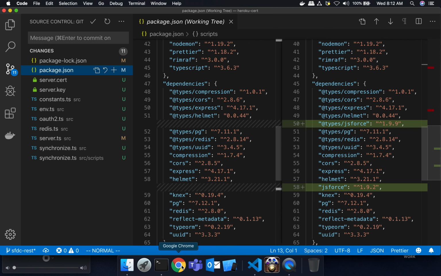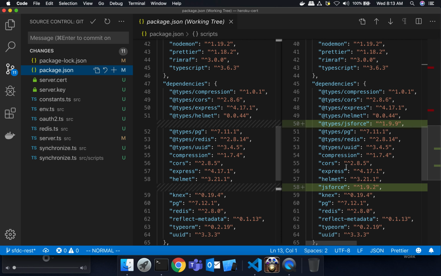As a matter of fact, I did this whole series without it at first, thinking I didn't need it, and then I realized I had a lot more code than I wanted, and then I switched back to using JSForce. So it's highly recommended. Okay, so what we're going to do now is, now that you would have